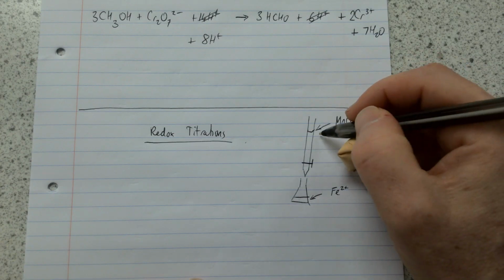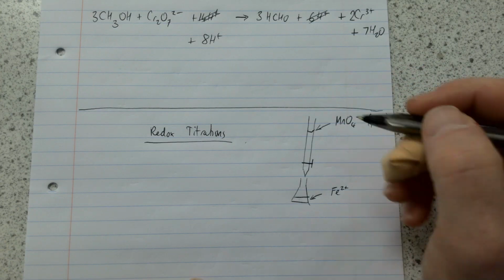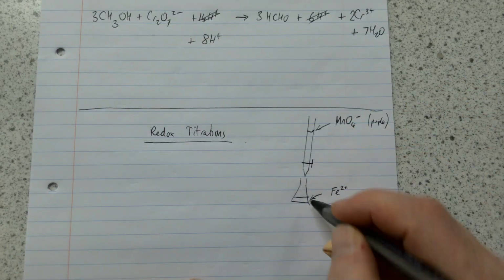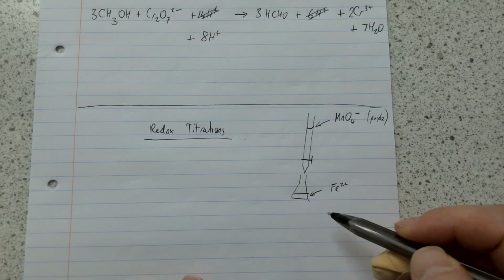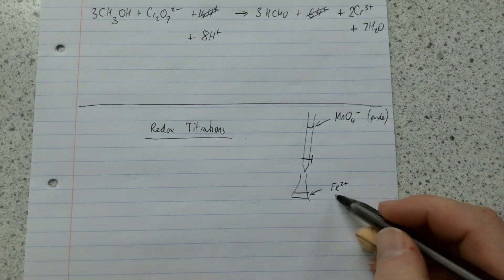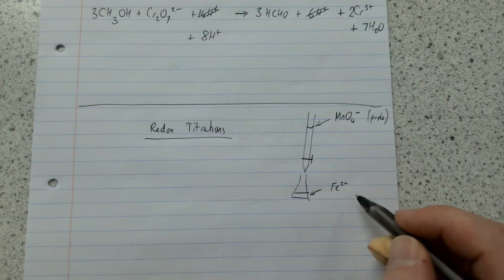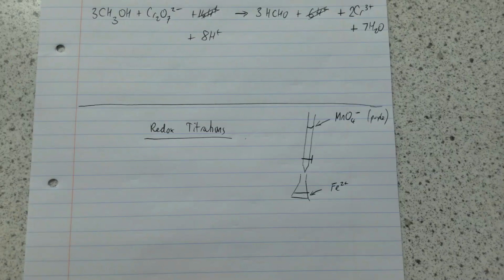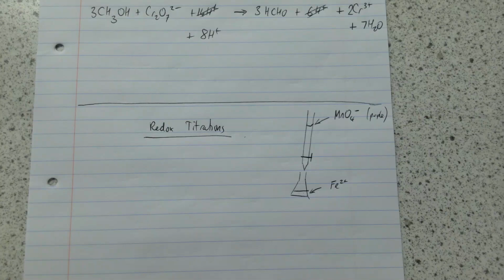To work out the titer, the volume change, because it's just so dark. But anyway, as the manganate 7 goes into the iron, it will be reduced to manganese 2, and the solution down here would stay a very pale green colour due to the iron 2. It almost looked colourless. Eventually all of the iron will be used up, so the next drop of permanganate that goes in causes the solution to be coloured by the permanganate,